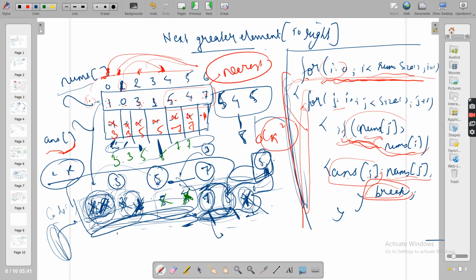Now see what all things we want. The incoming element can remove top elements. The incoming element is interested in the last entered element, which means we want LIFO order, last in first out. Because look, incoming element 5 was seeing whom I can remove, whom I can say I am your NG, get out of this space. Obviously the last elements: 4, then 5, then 7. As soon as you encountered 4, then you encountered 5, 5 is not lesser, so you'll stop right here, you'll not go further.